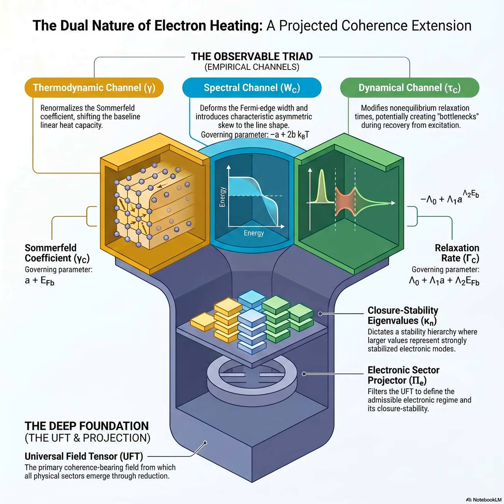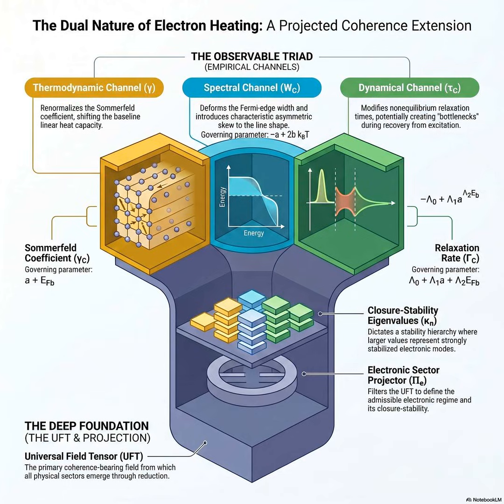And that bridge leads us directly to the core brilliance of the paper, the minimal empirical triad. The triad, this is where Lillian forces his theory to put its money where its mouth is. Yes. Non-trivial physical content, meaning proof that the UFT actually exists and isn't just an effective mass illusion, only appears when one shared underlying low-energy structure constrains thermodynamic deviations, spectral deviations, and dynamical deviations together. Okay, we've already covered the first leg of the triad, the thermodynamic channel, the heat capacity. We know we need A and B to shift the Sommerfeld coefficient.